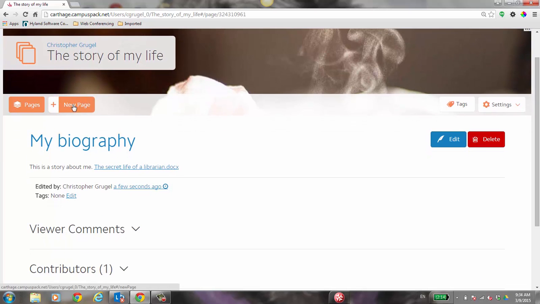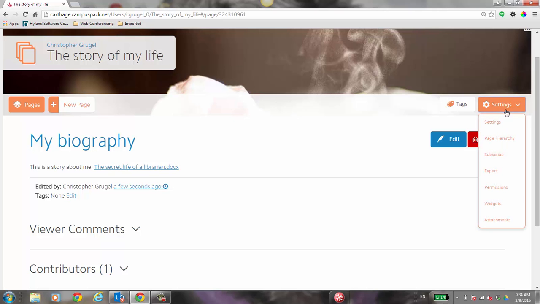I can create a new page if I want and keep working on it until I feel like it's ready for other people to view. So speaking of viewing, there's some settings here. If you want people to see this, how are you going to share it? Well, you have a couple of options. I'm going to click on Settings, down to Permissions,